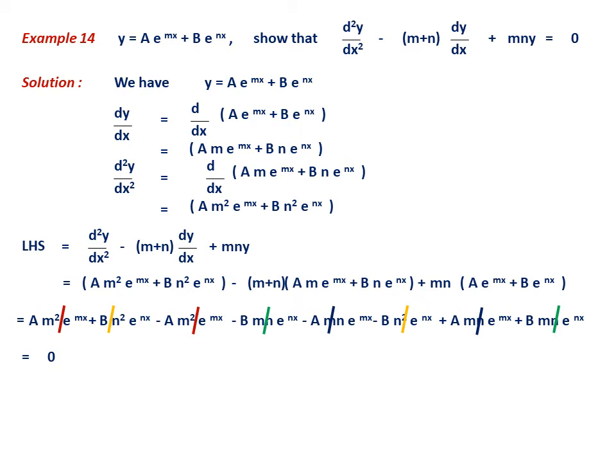So it is 0. See, in such questions, it is not difficult in terms of the problem, but it is difficult in terms of simplification. So you should be careful with simplification. Even if you make a small mistake in removing the bracket or multiplying, you get a wrong answer. So it requires a little bit of practice in removing the bracket and simplifying. So this is the question, RHS. So this is example 14.